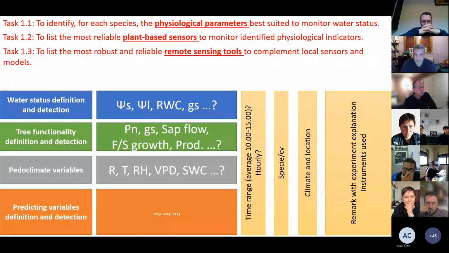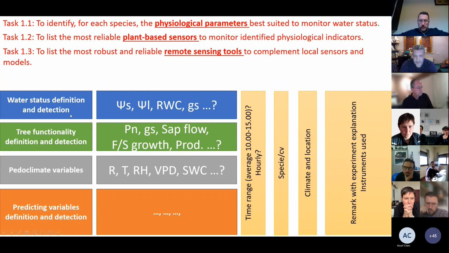Myself with other colleagues in charge of some tasks thought about realizing a survey questionnaire we want to provide you, to see what are the kinds of data we have available for this objective. And so in this survey questionnaire, we will have some sections about the water status definition